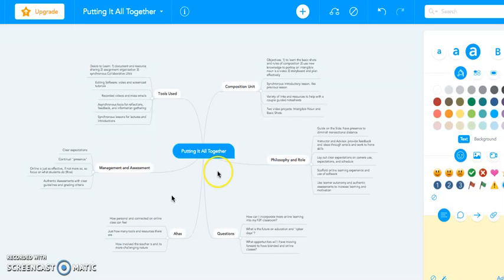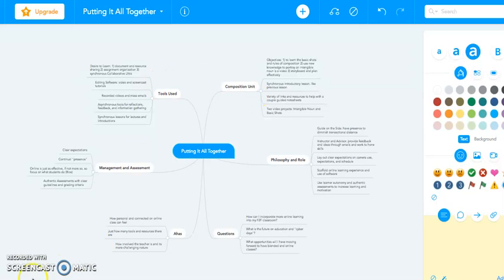Creating mind maps, such as the one I've created here. I was kind of turned on to the idea of mind maps earlier this school year, and I've used them a few times in my classes, and they seem to really work well. So MindMeister is a good tool for that. You can share it easily, export it easily, and you can use it for free to get started.